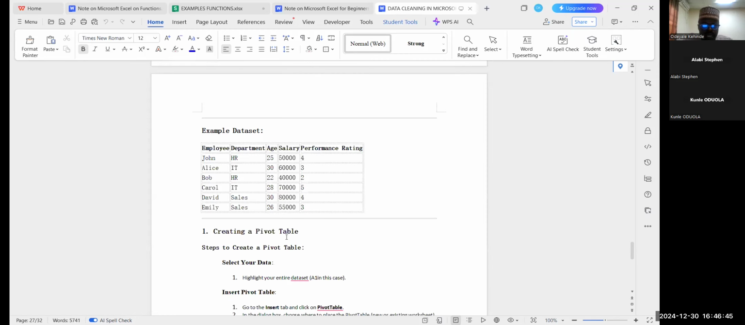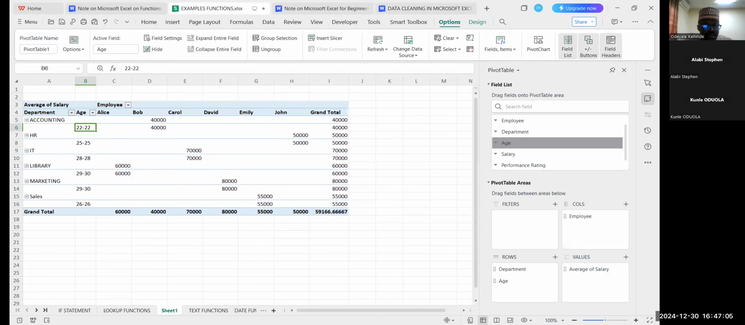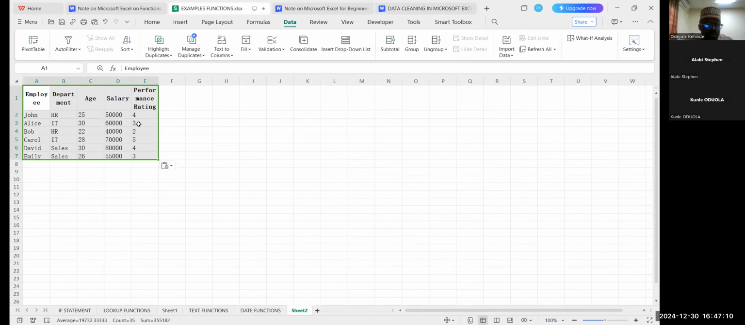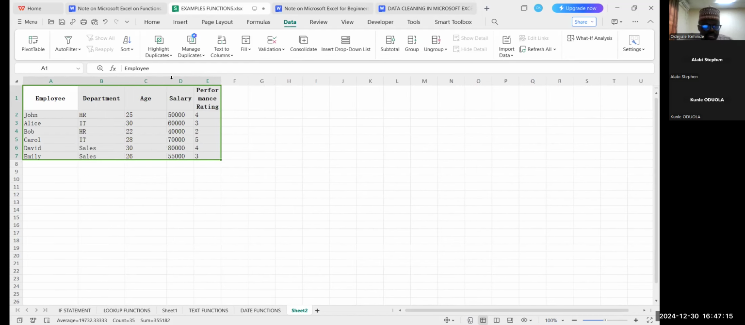Now, this is the data set that we normally use. This data set contains 5 columns and 6 rows. Now let's copy this data set to Microsoft Excel. Okay. When we have this in Microsoft Excel, we can use a pivot table to analyze the information in